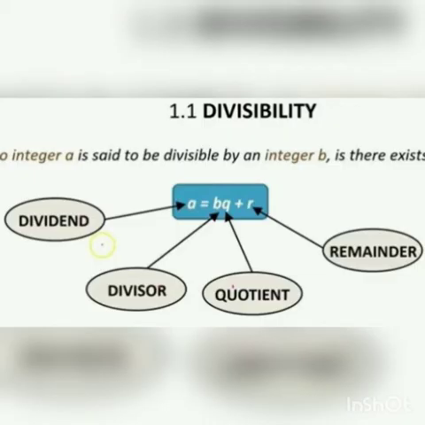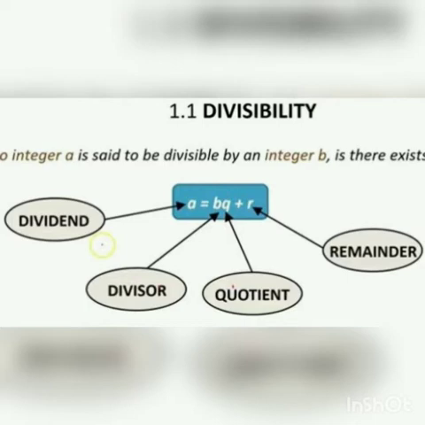I think all of you must be knowing dividend equal to divisor into quotient plus remainder. It's a very basic concept. You would have studied at very junior level. It was also explained by me in the topic polynomials. Now, this formula can be written in the form A = BQ + R, where A represents dividend, B represents divisor, Q represents quotient, and R represents remainder.